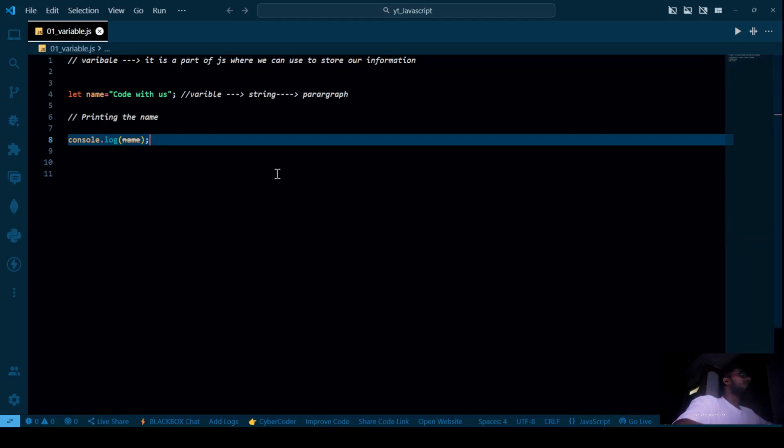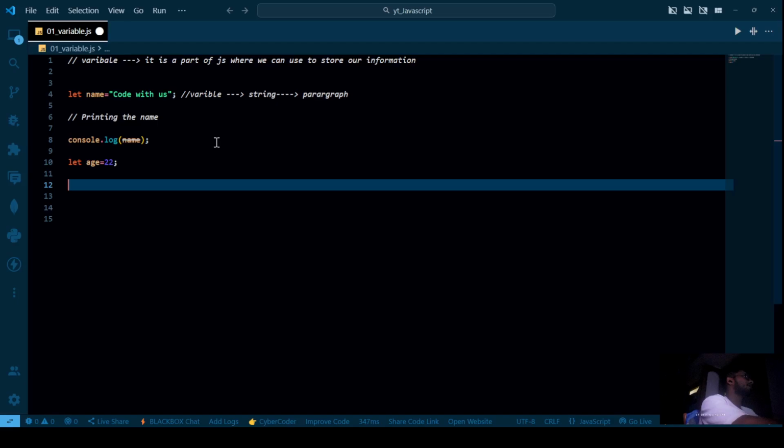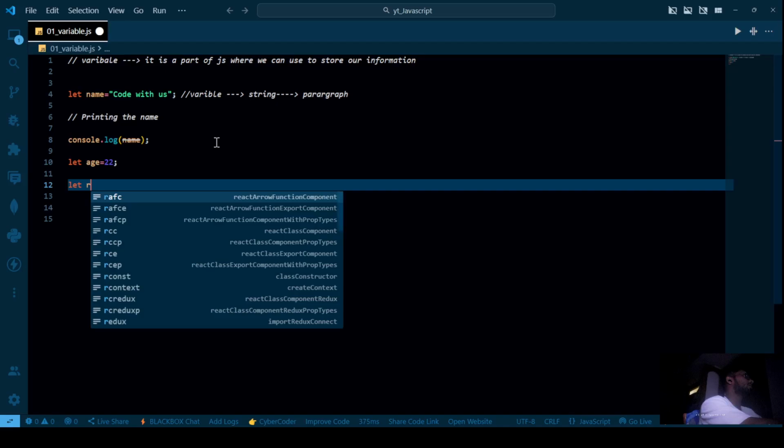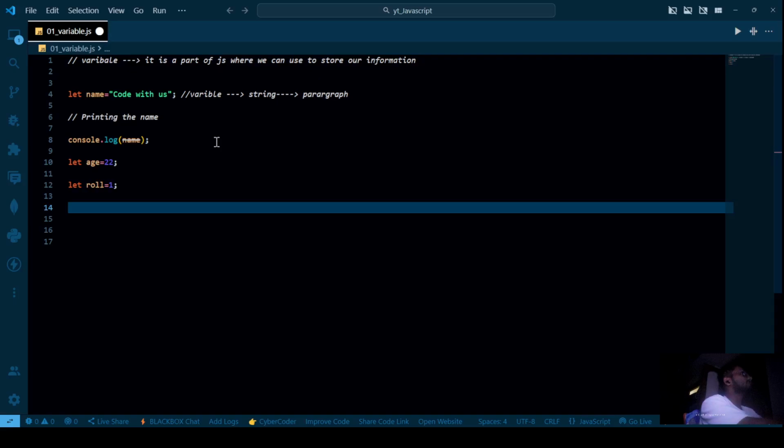Or what we can do with a variable, suppose we want to store your age. Suppose we want to write your roll number. So this is basically the information you have stored. And now we want to print it. So how will we print it? With console.log.